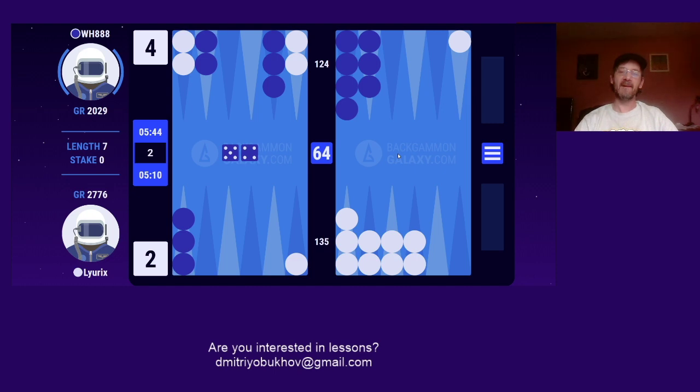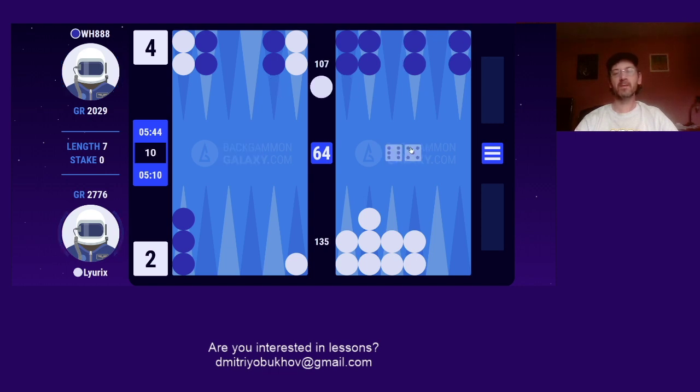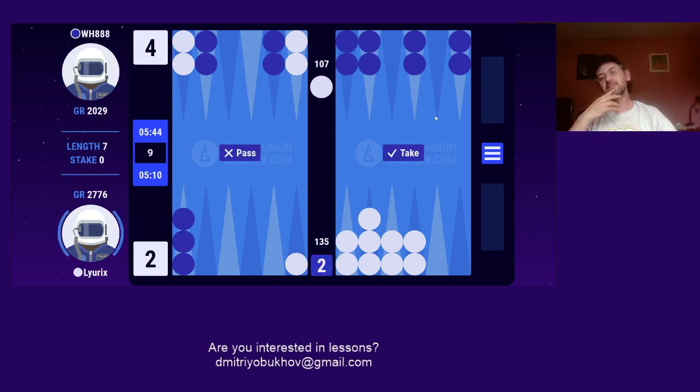5-4 makes 8-3-1. 5-3 makes the 3 point. If I dance, it's probably a cube. Now I can, you know, if I pass at this score, I'll be down 5-2, which is like 25%. If I take and